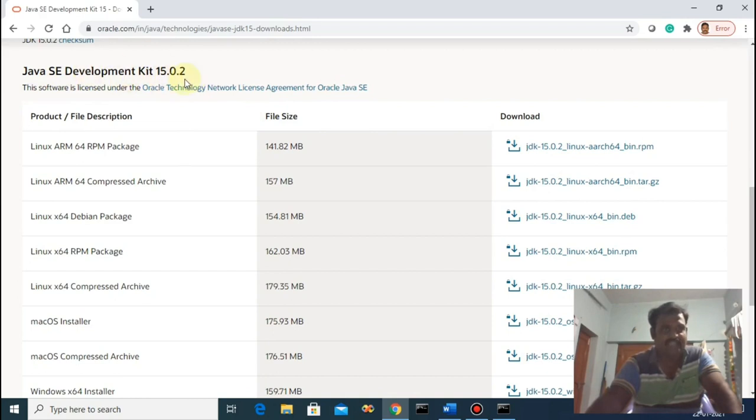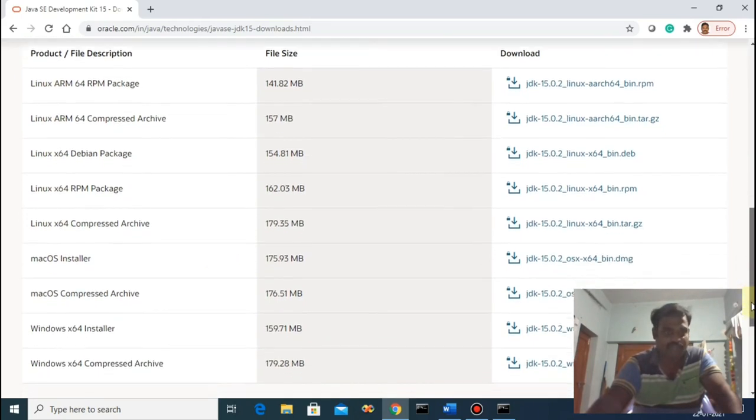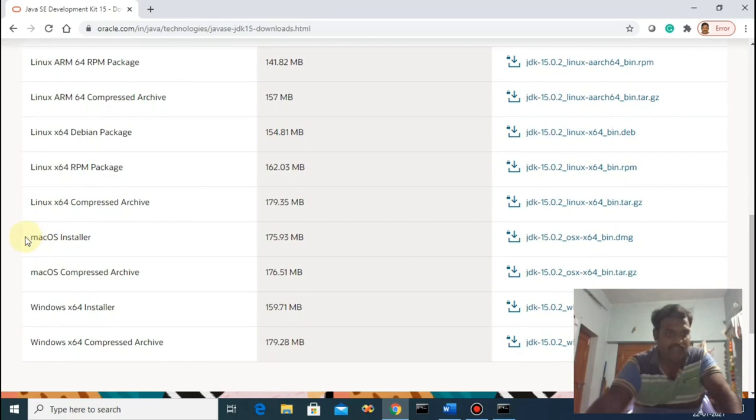This is the latest version. The product or file description is related to your operating system. Whether you are using Linux, Mac, or Windows, choose accordingly. For Mac users go to this one, and for Windows users go to this one.